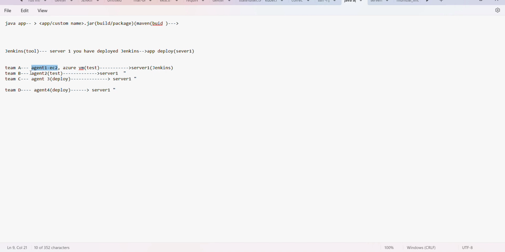So suppose team A has agent 1, team B has agent 2. These are all EC2s. So an agent is nothing but EC2s. You have to connect this Jenkins to agent 1, agent 2, agent 3, agent 4. That's why this Jenkins architecture is also known as master slave architecture. So whenever you are asked what is master slave architecture, you have to define all these things, whatever I have told. So suppose we are deploying Jenkins in one server, but we have to deploy